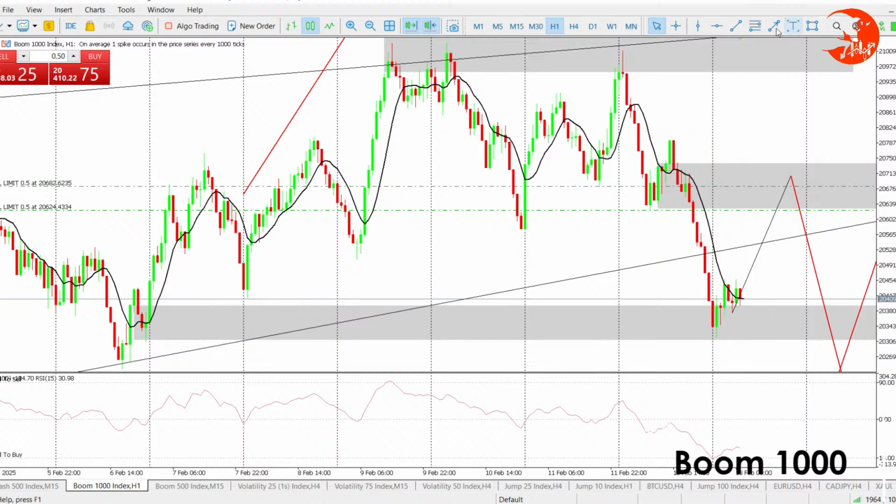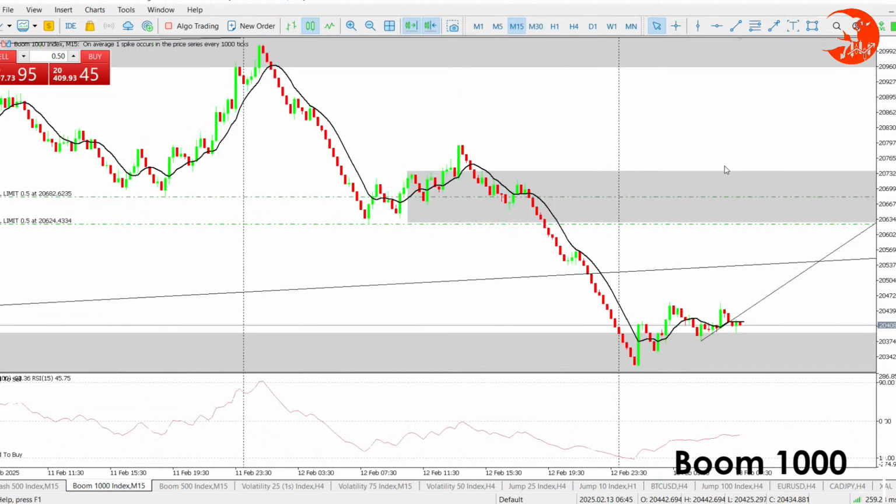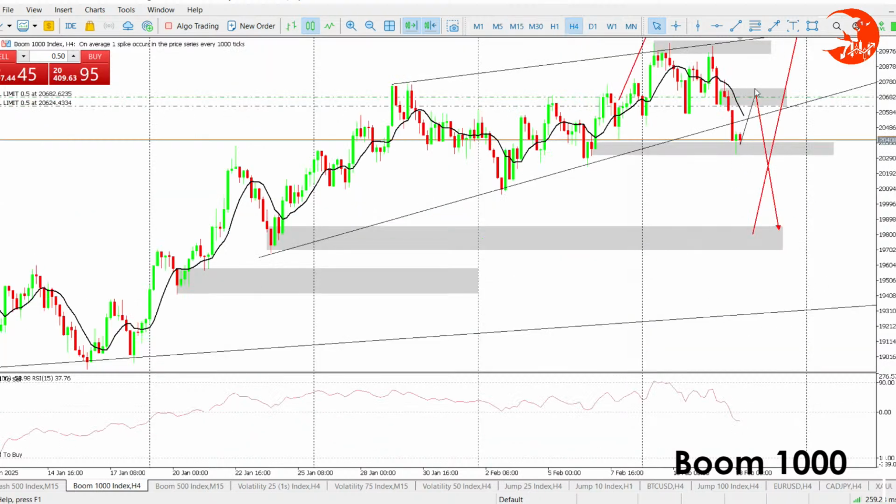Yeah, this is H1. H1 is oversold right about there. H1 is oversold, meaning we may anticipate buys. Even M30 is oversold, and also M15 is oversold. So all these three lower time frames are confirming with this anticipation that I have on H4. Push there, come down below. They are confirming with it. So if I know that,